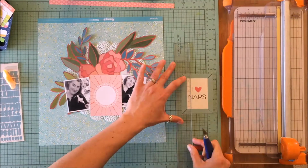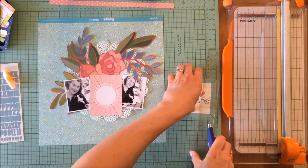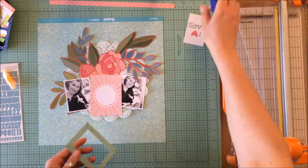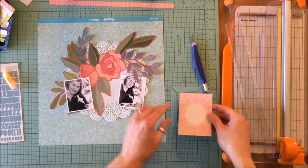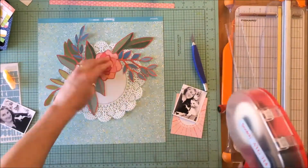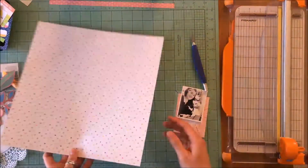I really like that I love naps, and while I have tons of stuff in the kit and don't need anything else, I have to save this because I think I'm going to be able to use that later on, and it is getting covered up by this wonderful card from the Day in the Life kit, so that works for me. I've decided that this is where I'm going to lay things down and set to cut off the